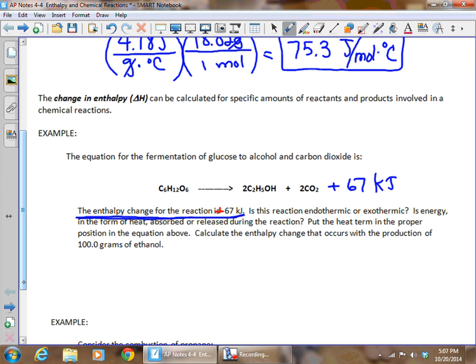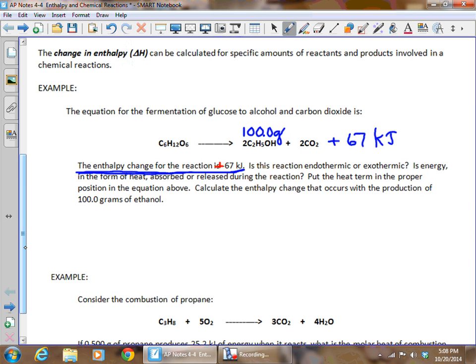Once we know this, and we've got the heat term in its proper position, it now wants us to calculate the enthalpy change that occurs with the production of 100 grams of ethanol. So just like any other kind of stoichiometry problem, we know we've got 100.0 grams of ethanol. And we want to know what the heat change would be with that much ethanol. So just like any other stoichiometry problem, we're going to start with the value that we are given, the known, 100 grams of